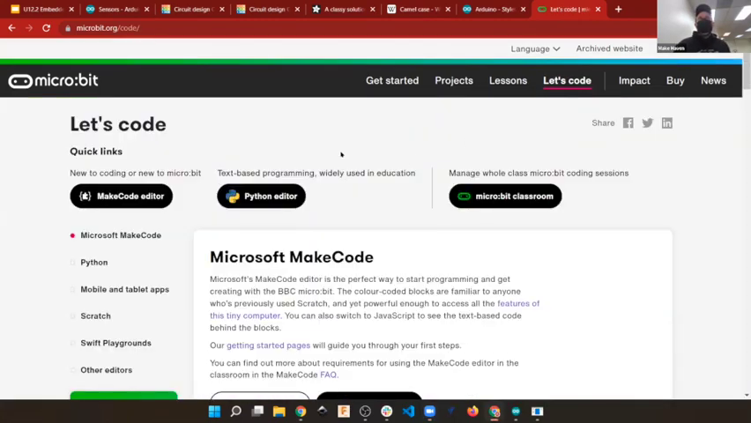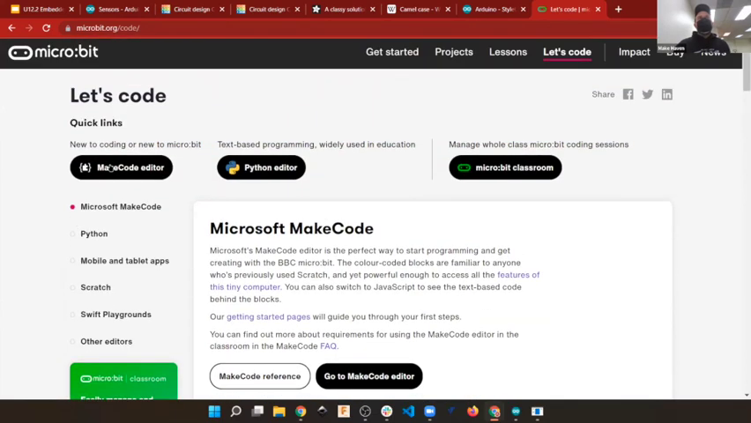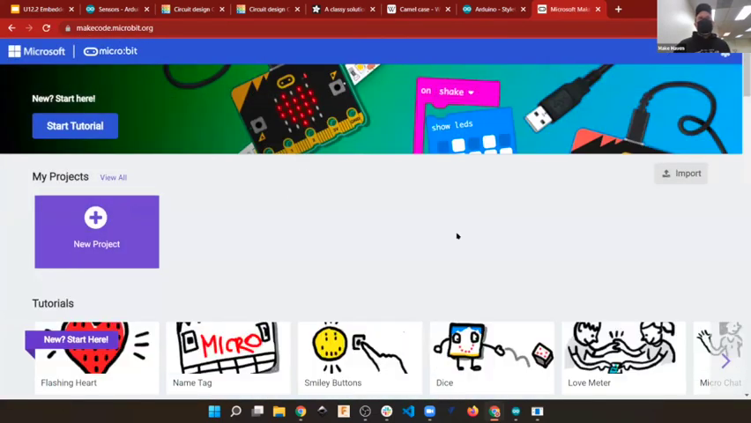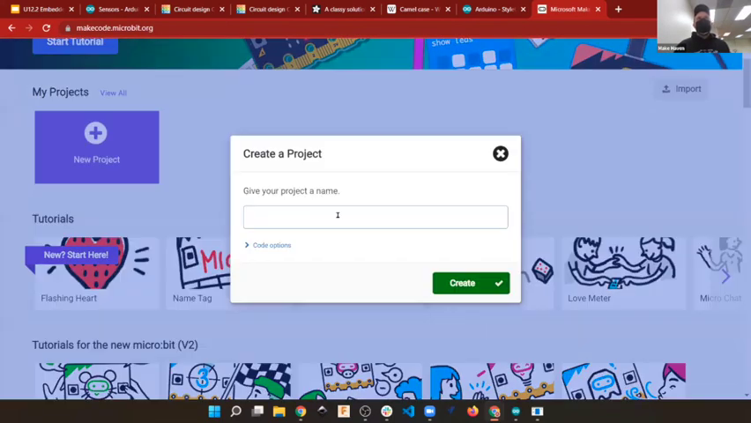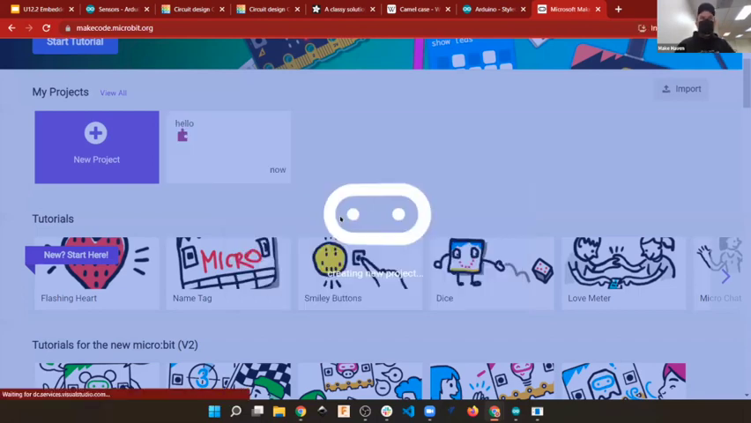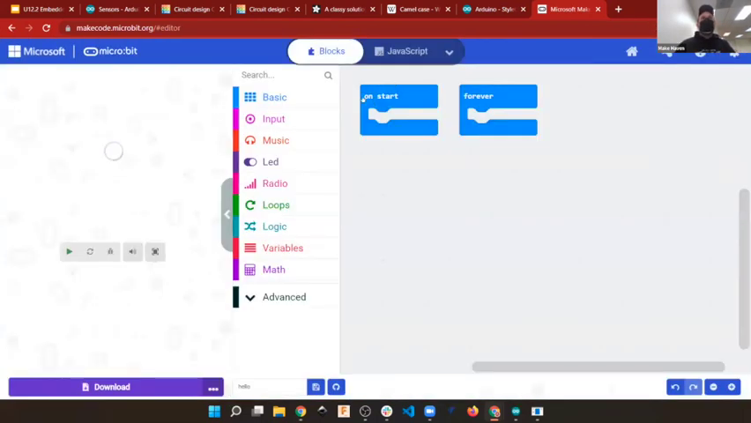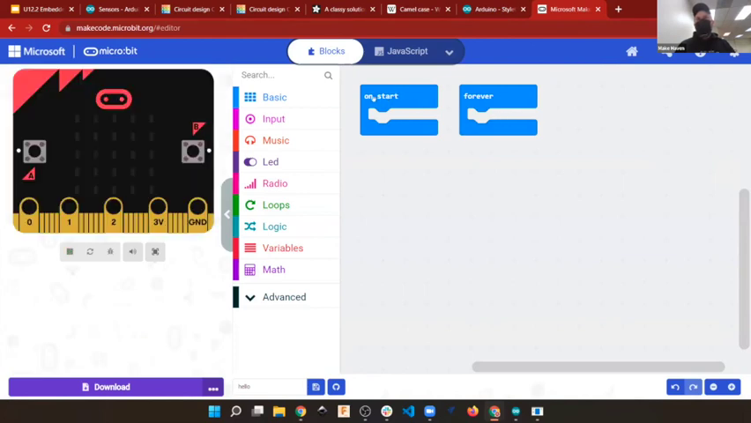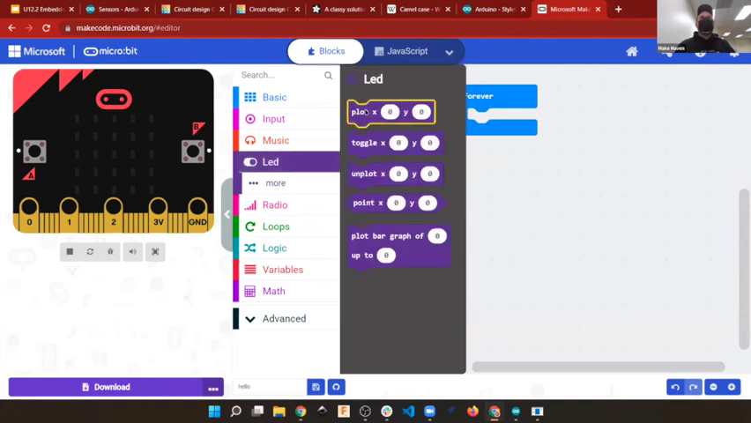So if you go to Let's Code, there's a few different ways that you can do this. You can write your code in Python. You can manage classrooms of this. It was originally intended for teachers in England to teach code. But if you just go to the MakeCode editor, there's a ton of examples, and you can start a new project. With a little bit of help, you can say on start and forever. So this is void setup and void loop. You can say on setup, let's do an LED